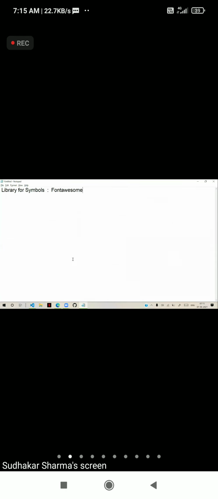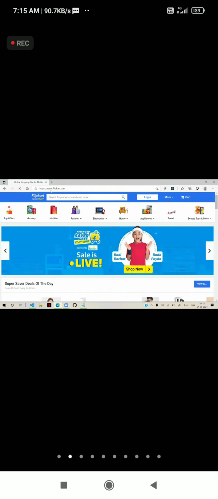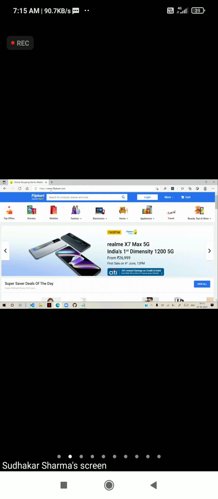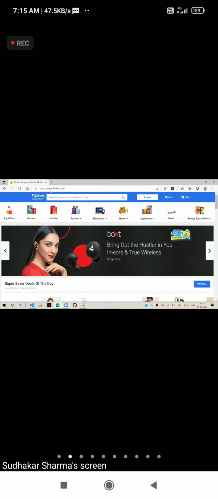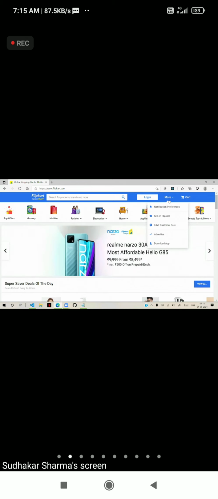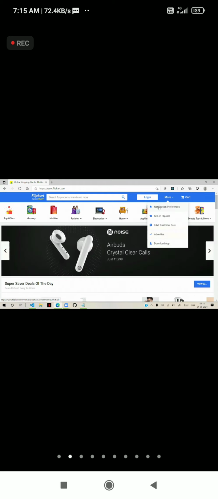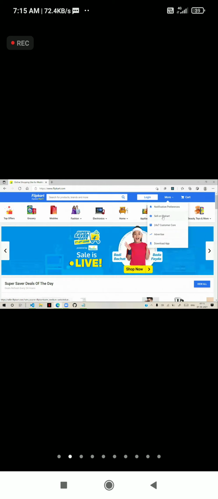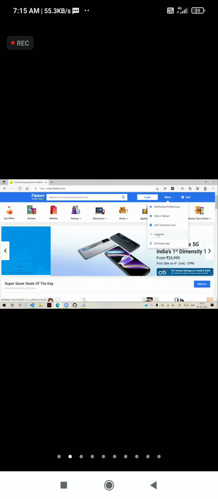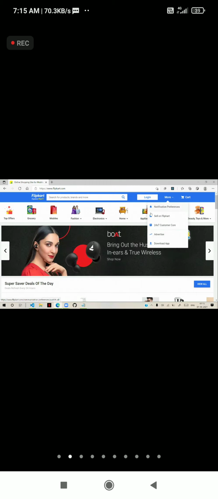That means you see websites. For example, let's open Flipkart. When I open Flipkart, you can see in the navigation bar, there is a More drop down. And when I go onto that More, you see this is also an unordered list. But notification, sell on Flipkart, customer care, advertise, download, all these are different symbols.